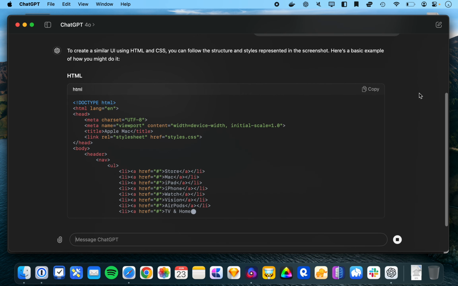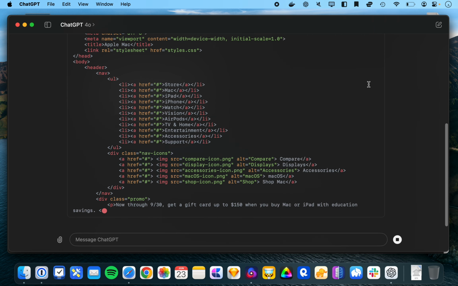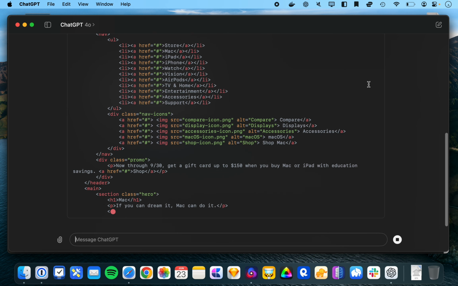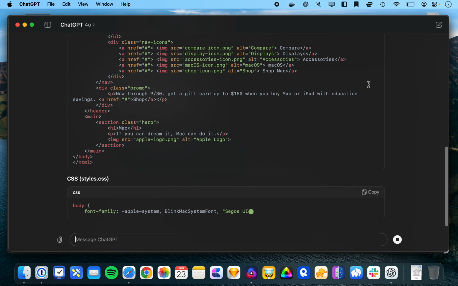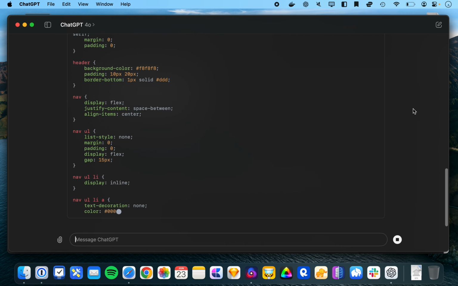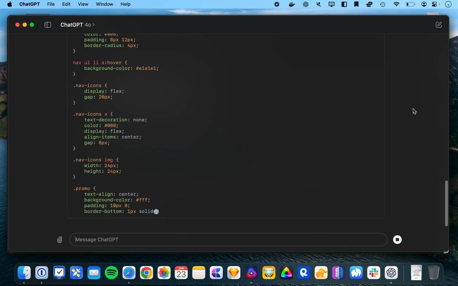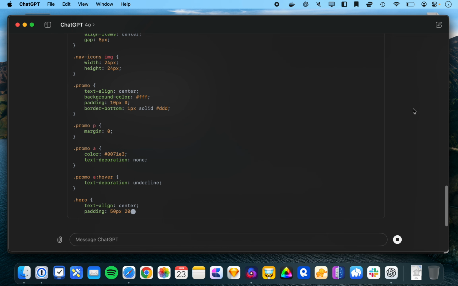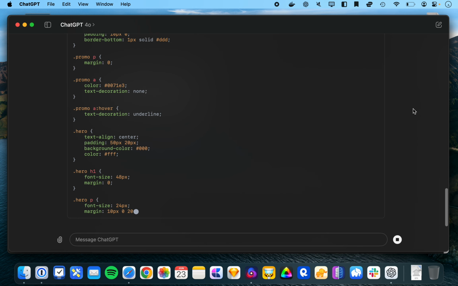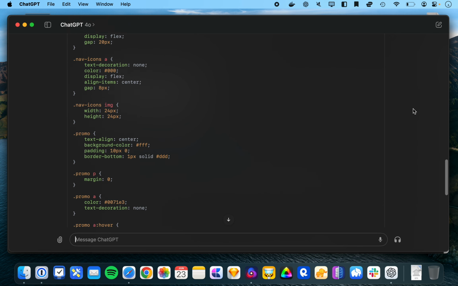Yeah, so ChatGPT feels a bit sluggish in comparison now. It's still writing the code. Yeah, it's a lot slower. All right, so it's separated the CSS into a separate file. All right,